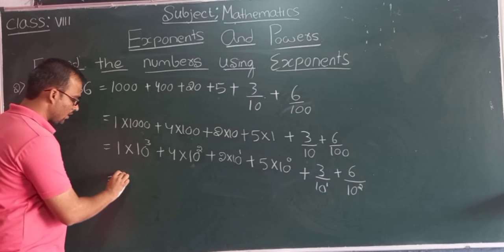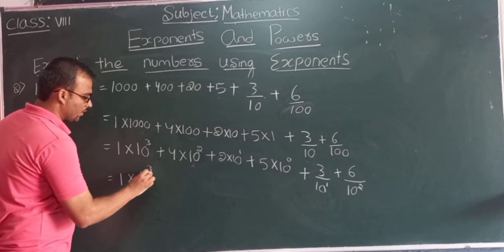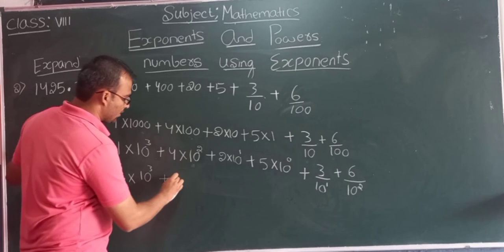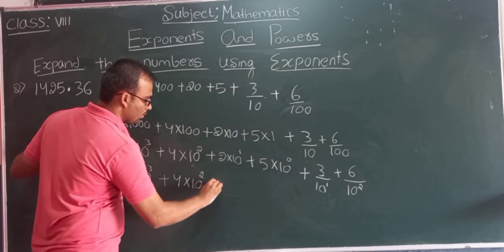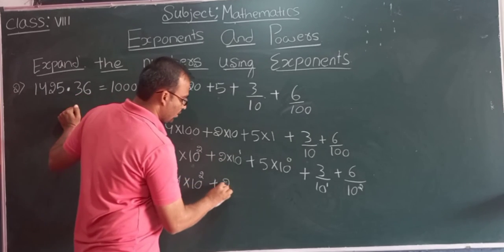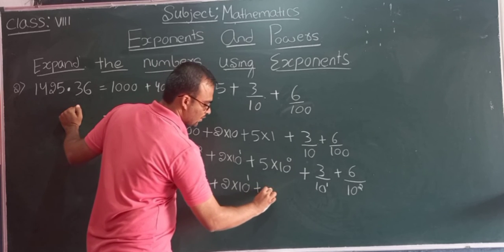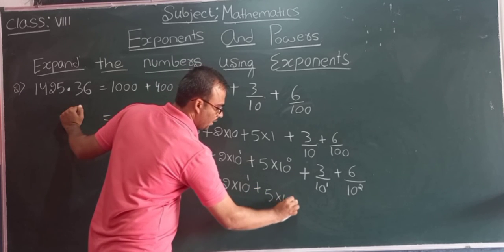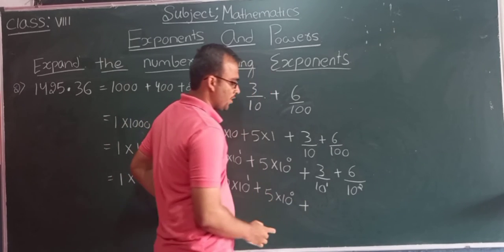So this is 1 into 10 to the power 3 plus 4 into 10 to the power 2 plus 2 into 10 to the power 1 plus 5 into 10 to the power 0 plus,